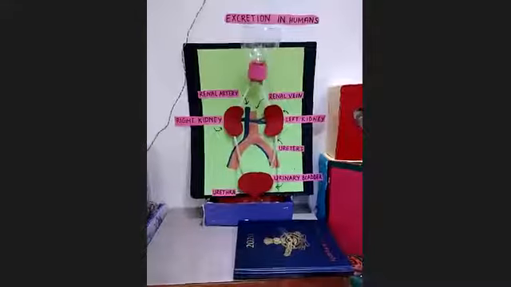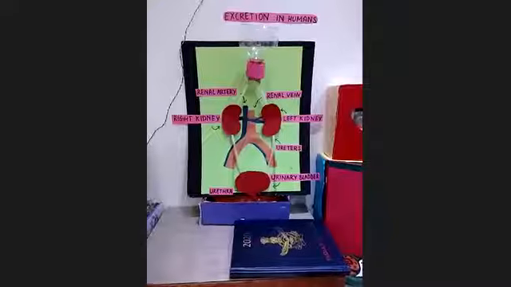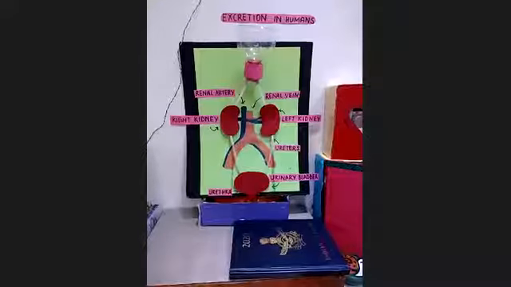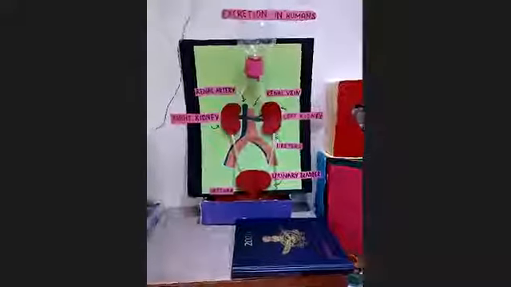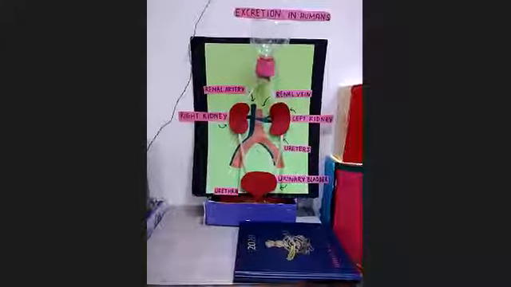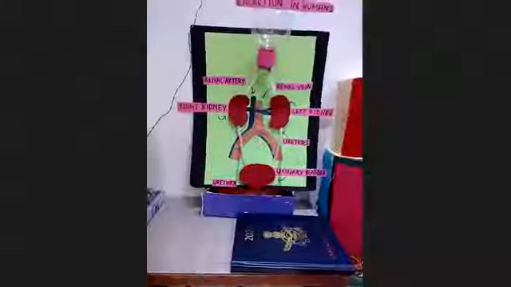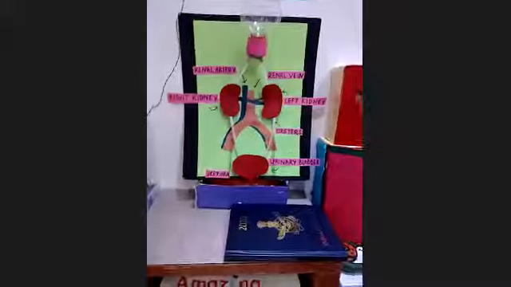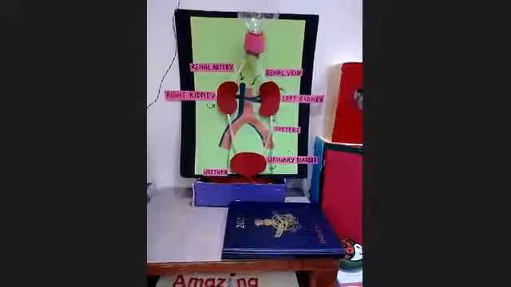Yes, children. Have a look. Excretion in humans. She has put, yes, explain, Iti. Ma'am, the excretory system mainly consists of kidneys, ureters, urinary bladder, and the urethra. So kidneys absorb the useful substances from the blood and remove waste in the form